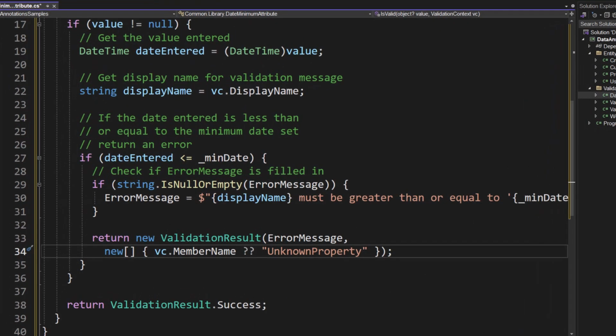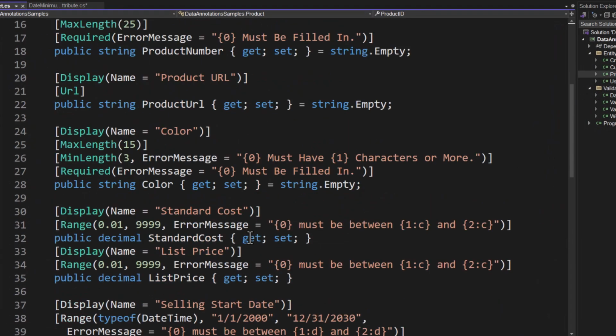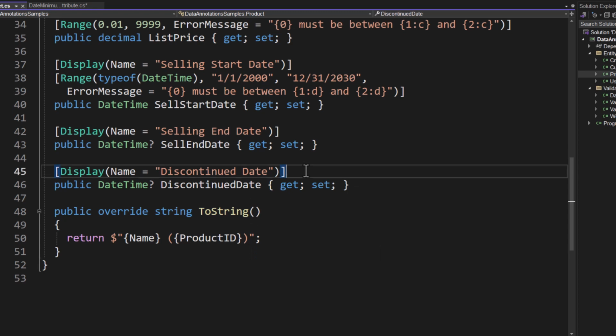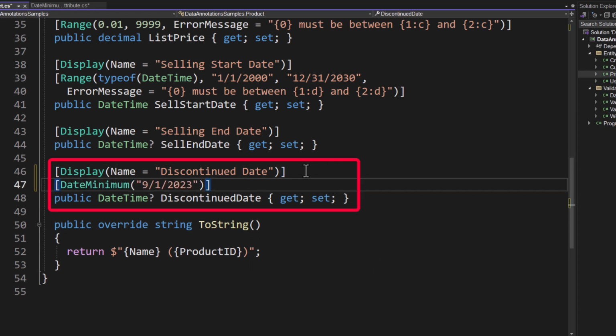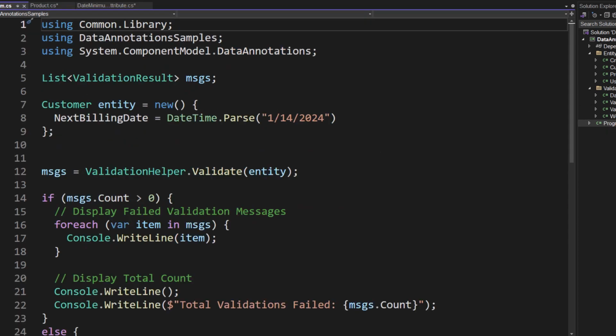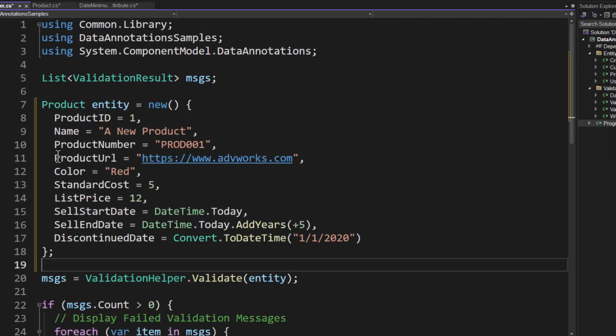So let's go back up now to our product class. Let's locate the discontinued date, and let's add our new date minimum attribute class on. Now you don't use the attribute portion, but this is how you do it. You do it just like we did with Microsoft's data annotations, date minimum, and then you pass in the date, right? 9/1/2023. If we then go back to program.cs and we replace now this customer with a product entity, and